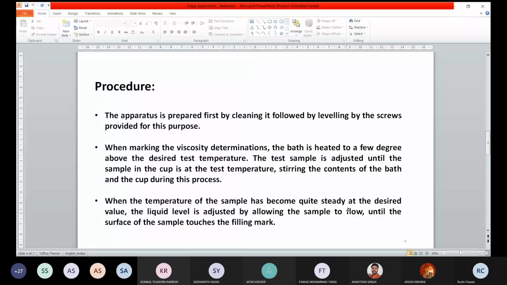Generally what is done, if you want to collect 50 ml, 50 ml is the mark in the oil cup itself. So there is a mark in the oil cup itself, say up to the 50 ml mark. And if you wish to fill the oil up to that specific level, you can be very specific for it, but if you have exceeded the limit, there is no problem. You can lift the ball and the extra oil can be collected in a different vessel, say a conical flask, to adjust the level. The way you do it in the burette reading,